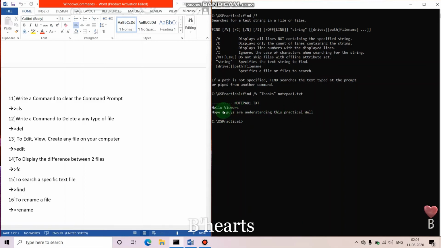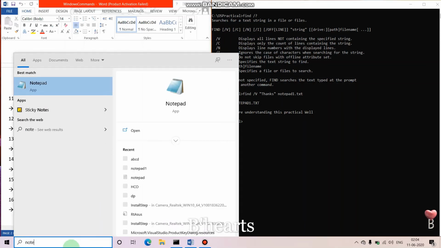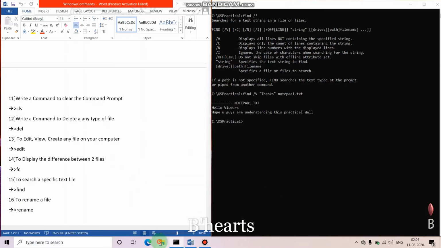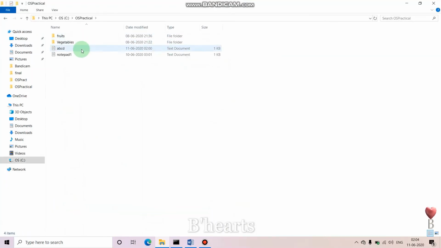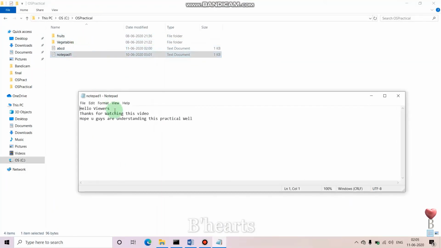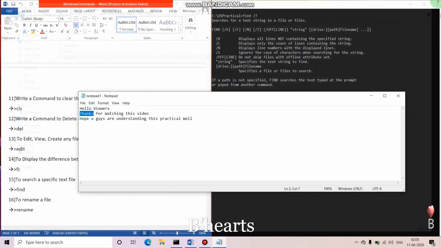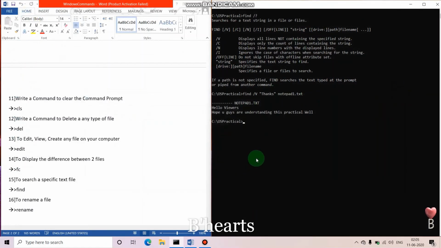These both lines are displayed, but let's see how many lines the notepad1.txt file has in it. See, we have 3 lines in it. Line 2 contains the word thanks, so it does not display that line, but these two lines are displayed by the command prompt.